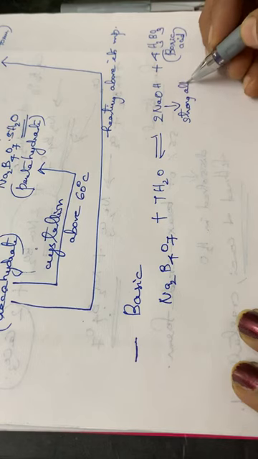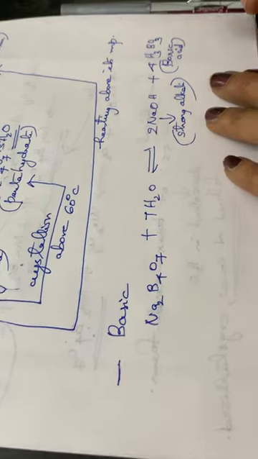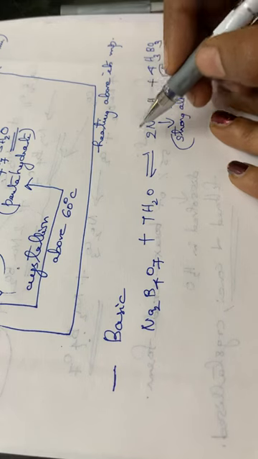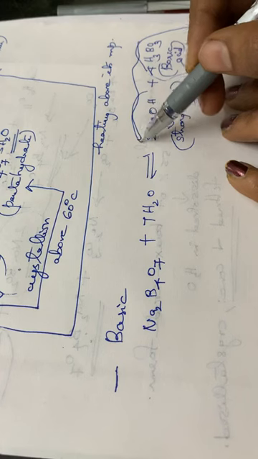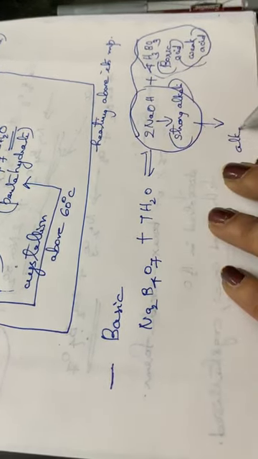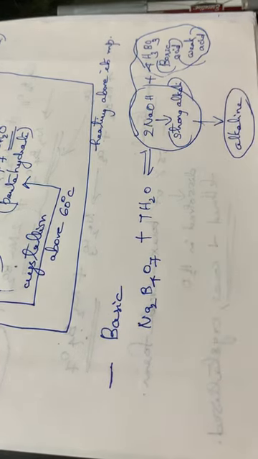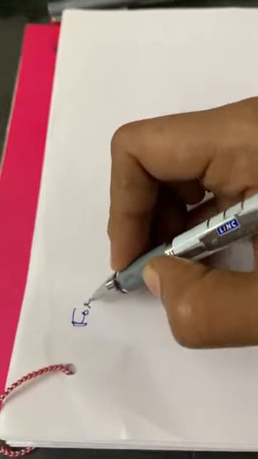So on hydrolysis of borax, we have a strong alkali, and boric acid is a weak acid. So what about the pH of the resulting solution? Boric acid is a weak acid, but the alkali is the stronger one, so the resulting solution will be alkaline. So we can say that borax is basic or alkaline in nature. Then the next reaction, the formation of metaborates.